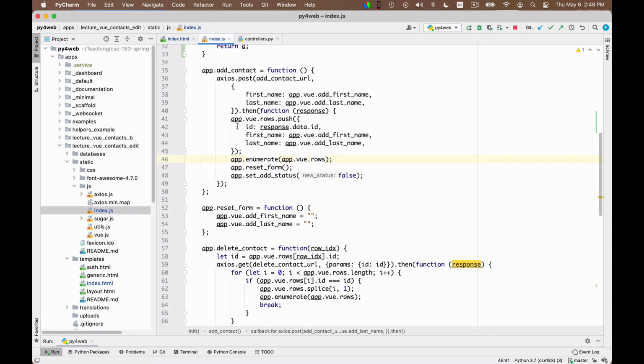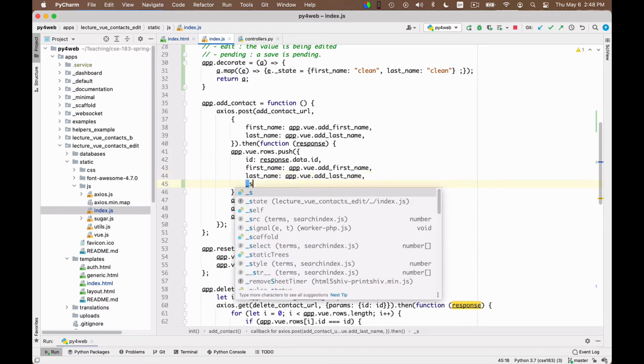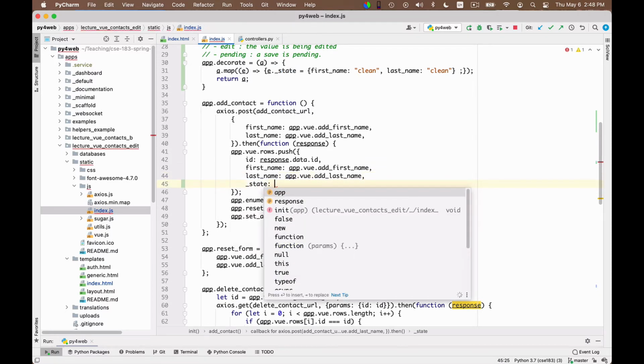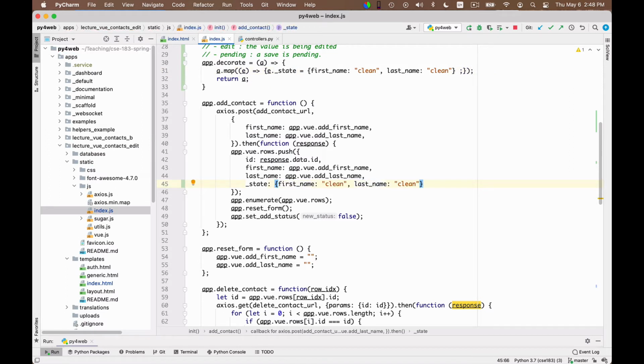This is what happens after I get a response. I push in a new row that has an ID, a first name and last name, and now I want this new row that I push in also to have a state. So I want to have a state attribute that will contain just this. So this will push a new row that says that it's clean.